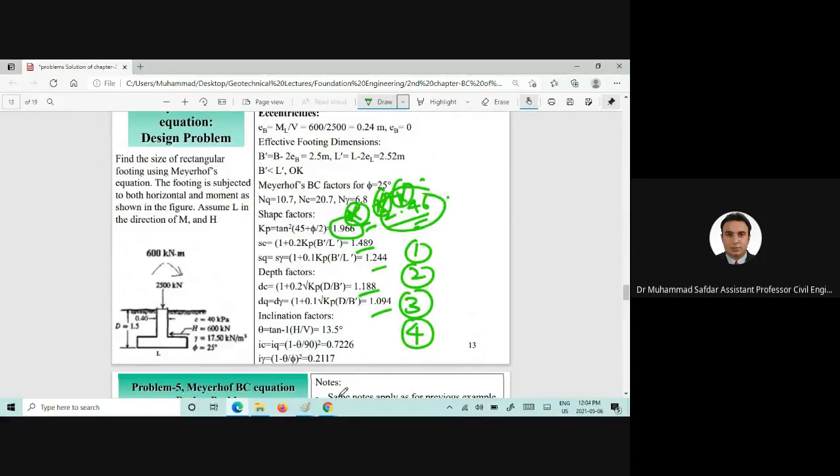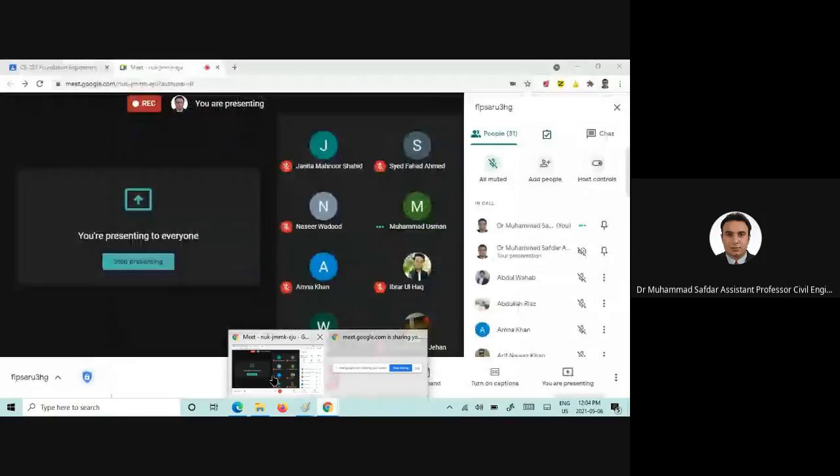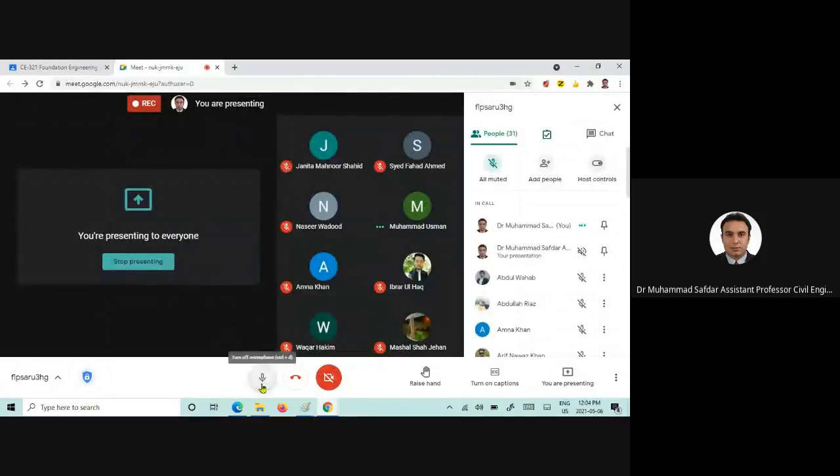ओके, टेक योर टाइम प्लीज, आई एम गोइंग टू गिव यू 2 मिनट्स, सो आई विल वेट फॉर 2 मिनट्स। थैंक यू।